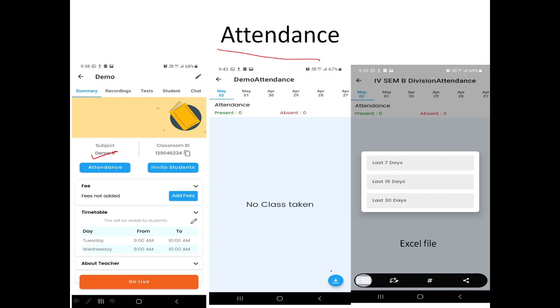To get the previous class attendance, click on this download icon. It gives you the options to download the attendance for the last 7 days, last 15 days, and last 30 days. If you select the last 7 days, it is going to download the attendance file in the form of Excel.